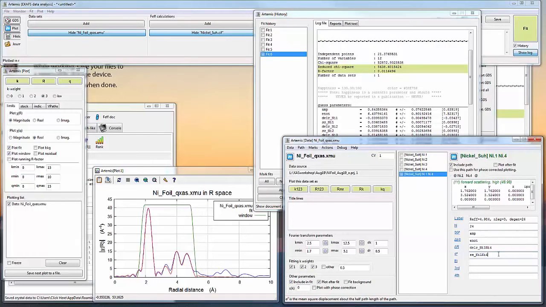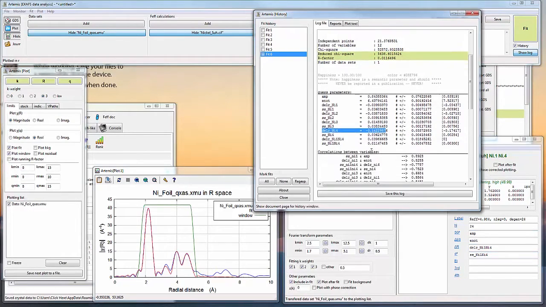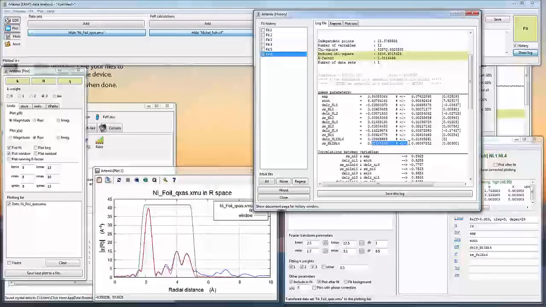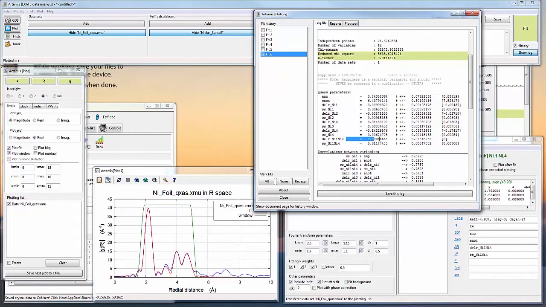So I labeled this, I gave it its own sigma squared parameter. Sigma squared is kind of big, but for multiple scattering, I think it's acceptable. Delta R, sigma squared for the rest of these. What's interesting though is that several of these paths, several of these sigma squared parameters in the higher order shells are overlapping. So this one, this one, this one. When you take into account the error in this column, added plus or minus to the calculated value,